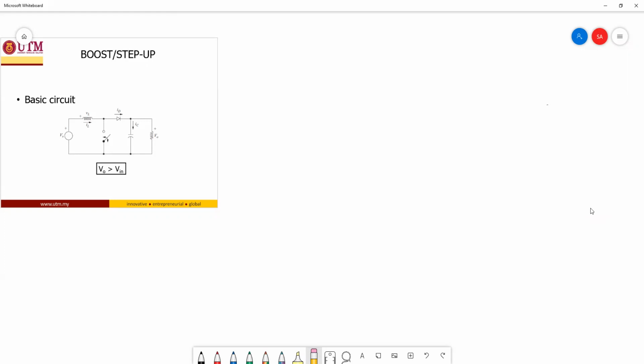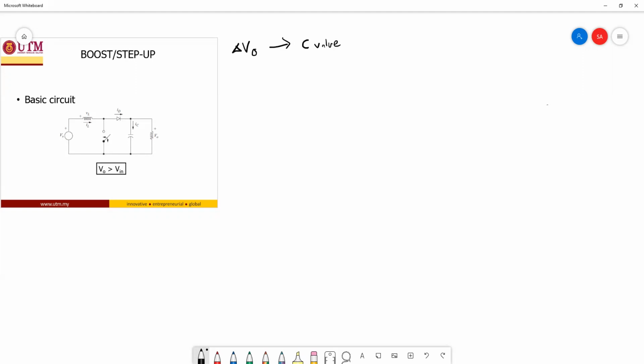As mentioned for the buck converter, the output voltage ripple, which we denote as delta V out, is one of the most important parameters in designing DC-DC converters, and this ripple voltage is related to the capacitor value that we choose. In this lesson, we will derive the equation for the ripple voltage and its relationship